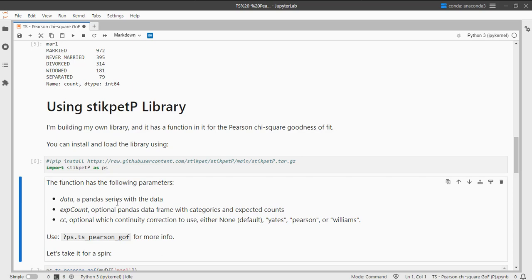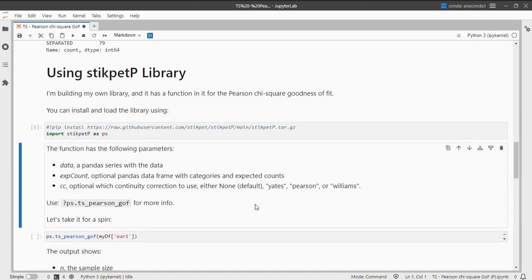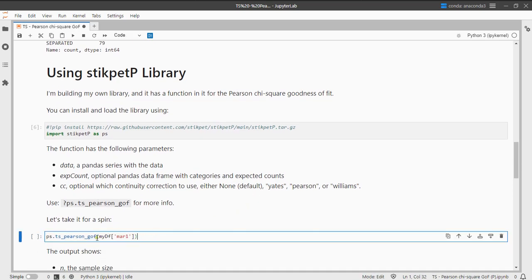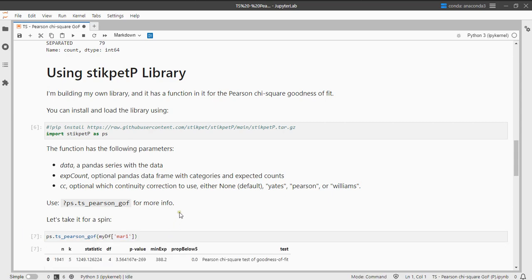The function of interest, the ts_pearson_gof, takes as input parameter the data, which should be a pandas series. You have optionally to add the expected counts that you want to use, and if you like, you can apply continuity correction. So I've loaded everything in. I just feed the function my data, and it spits out a nice data frame with the sample size, the number of categories, the chi-square statistic